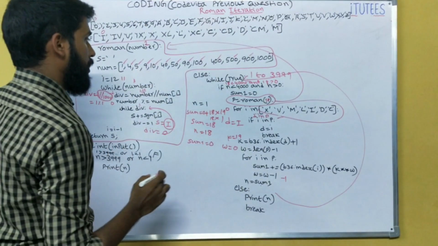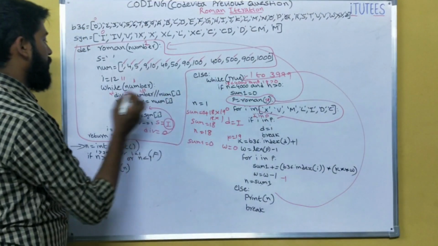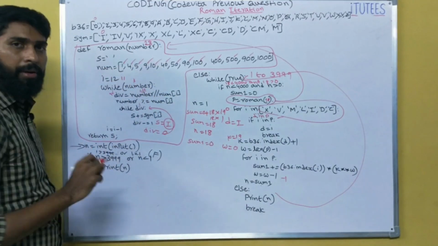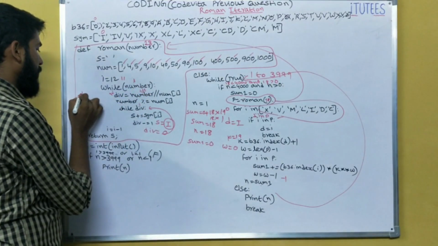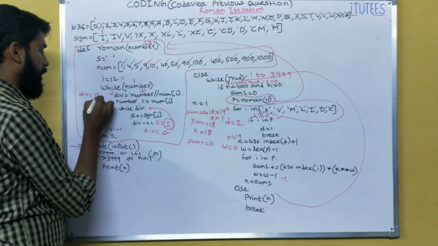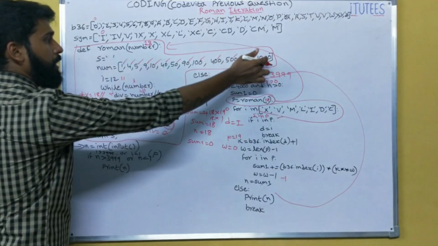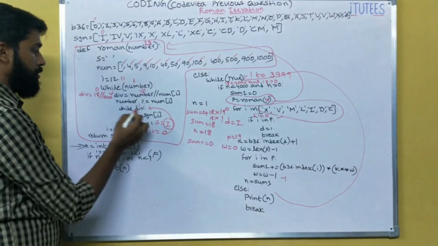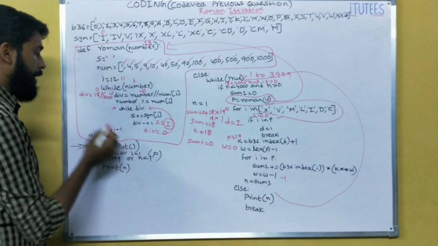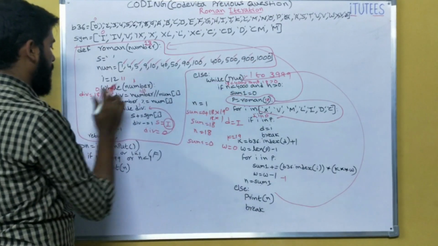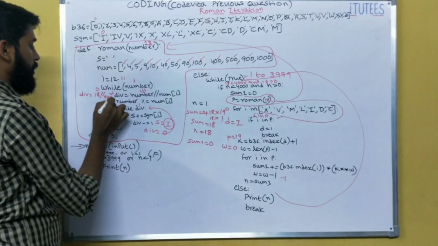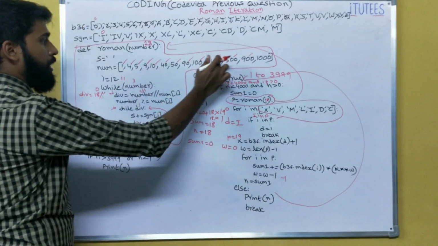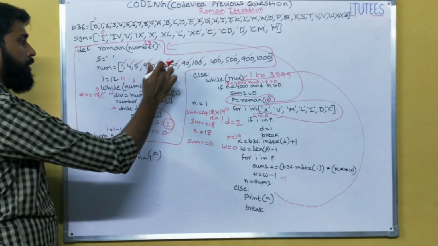So now we can see that. What happened? So 18. What is the number? 18. We go to here, while number 18 is true, div equals 18 divided by, again it's starting from the last index, 1000. It returns 0. So while is false, I minus 1. Then it becomes 900. 900 it checks. Again it is 0. Again I minus 1. Next iteration it becomes 500, 400, 100, 90, 50, 40, 10.